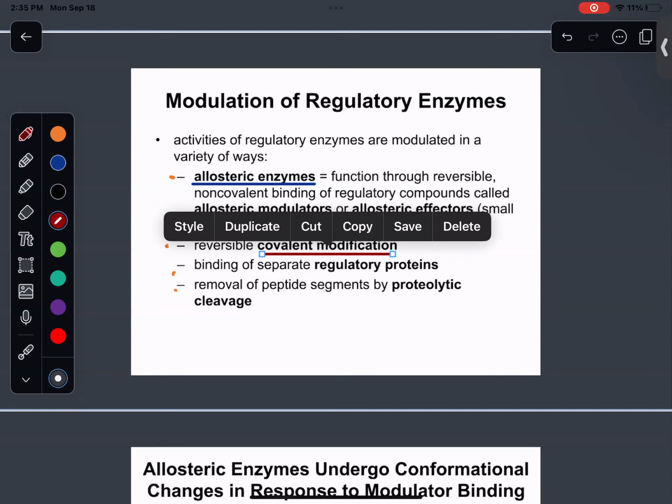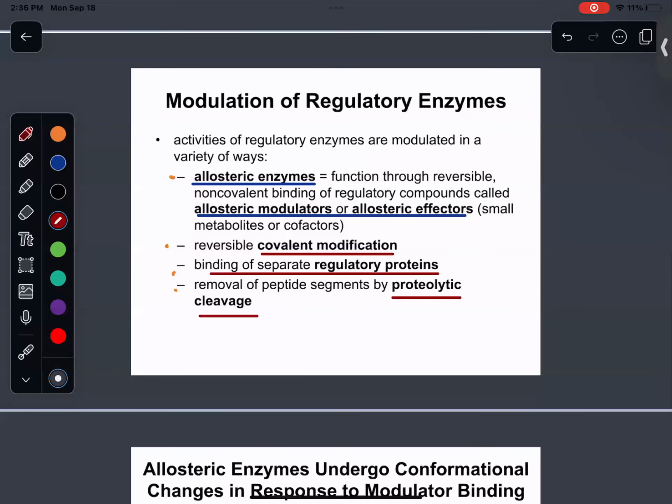So proteolytic cleavage, bottom line, is the removal of peptide segments, like chymotrypsinogen or zymogens like pepsinogen that we talked about, where we have the enzyme in its inactive form, but then we cut off a certain piece of the peptide chain. We cut off a certain piece of the zymogen, and now that activates it. That turns pepsinogen into pepsin, or chymotrypsinogen into chymotrypsin, right? And that'll activate the zymogen precursor, turning it into an active enzyme that can finally go and do its job. And that's proteolytic cleavage.